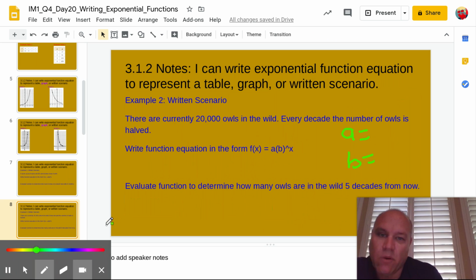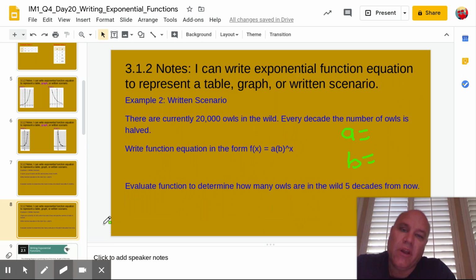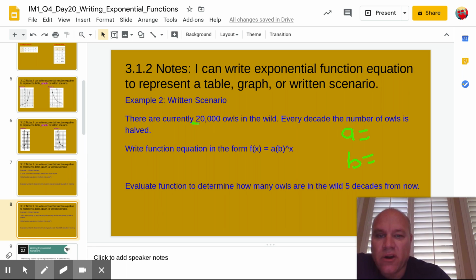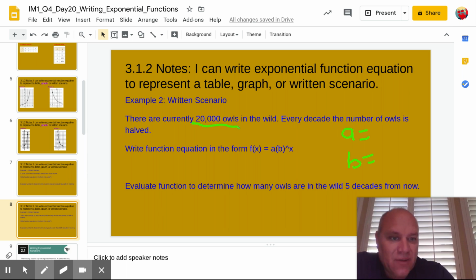Let's look at one more example for a written scenario. So here's our example. There are currently 20,000 owls in the wild. Every decade, the number of owls is halved. All right, write the function in the form f of x equals a times b to the x. So in this problem, our current number of 20,000 owls, that's our initial value, correct? So that's our a value. So a is